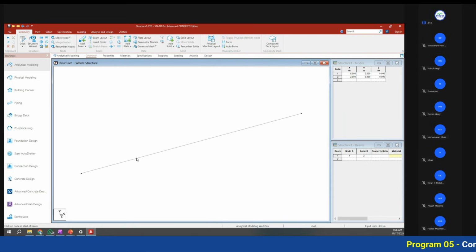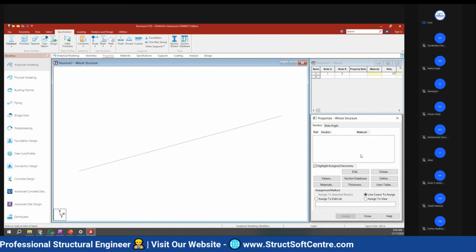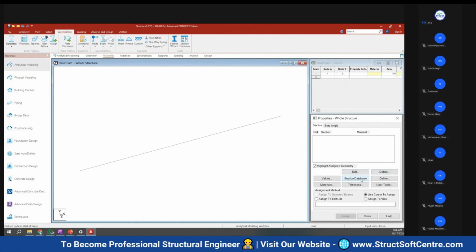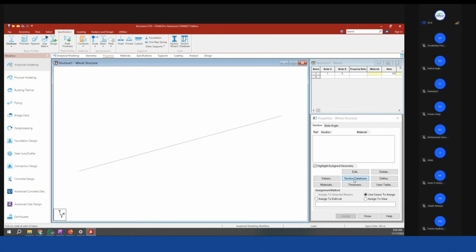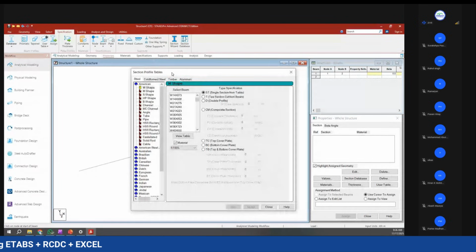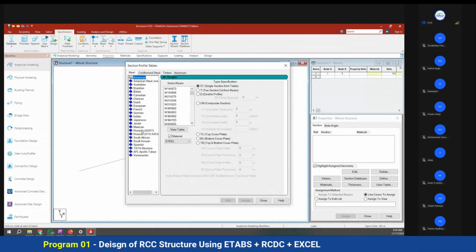Now I want to assign certain properties to it. Then I will go in the properties tab. In properties tab, here I have the option of properties and there are many options. Today I will only explain you related to section database. If you click on this section database, it will take some time, but a window will pop up. Section profile table. So here you can see, if I click on this American again, you have list of various kind of countries: